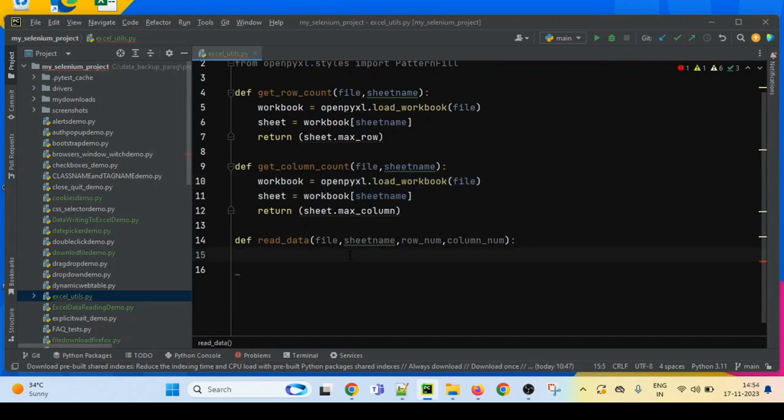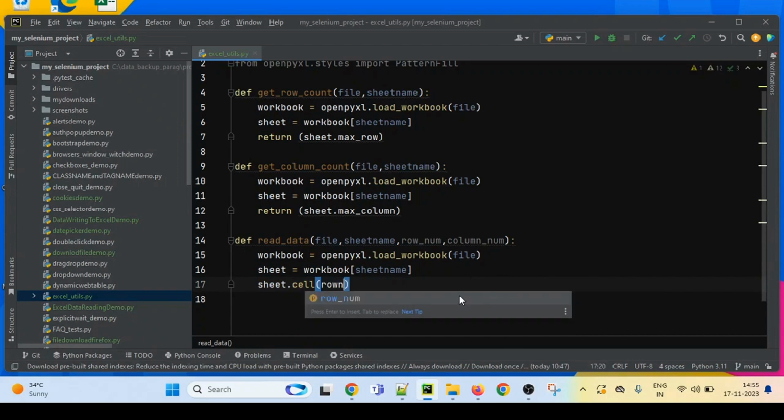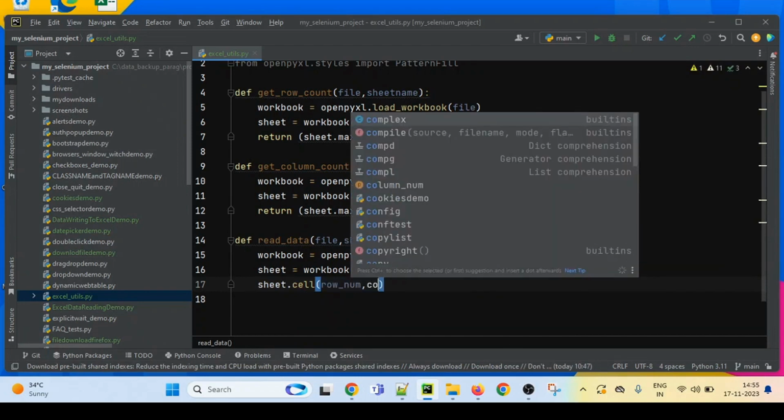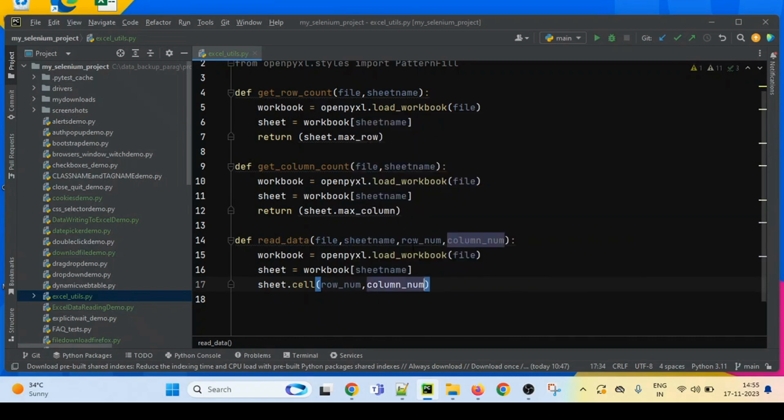So these are the common steps, workbook and sheet. And then we will return the data by using the sheet.cell method, in which we have to pass the row number and column number.